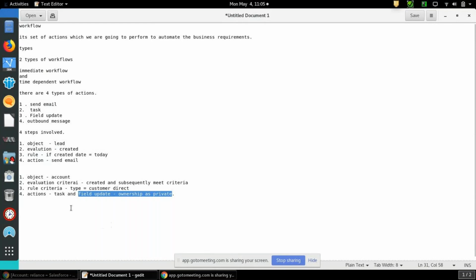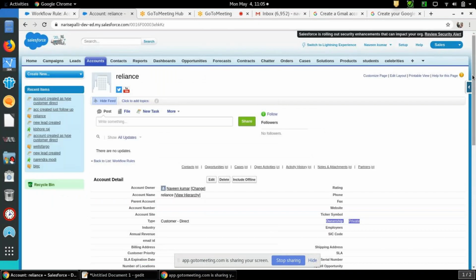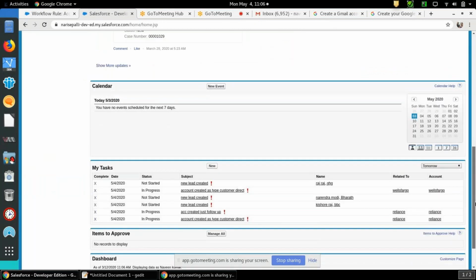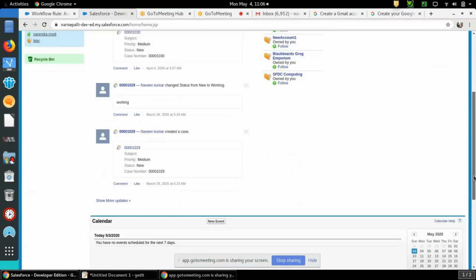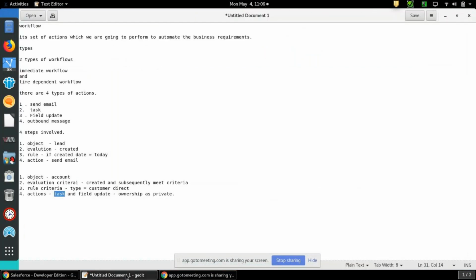And also one more thing, task we have to see, right? So go to my home page because I am the user who is mentioned over there. And by default it will be today on the screen. So if you want to see your task, what we have mentioned is record created date plus 1 day as the due date.